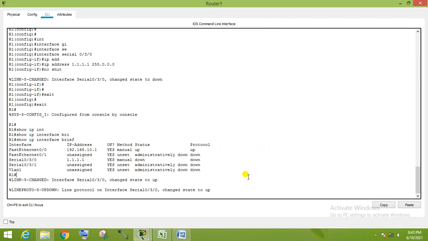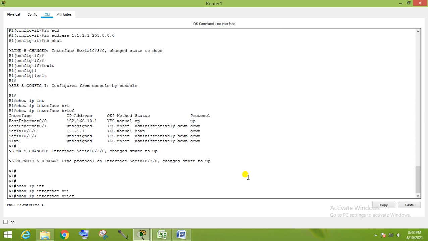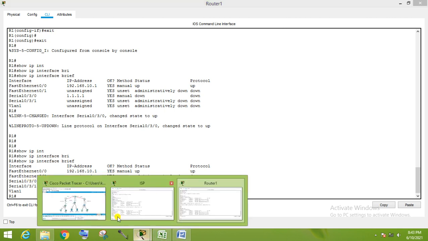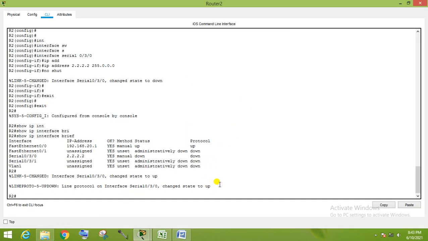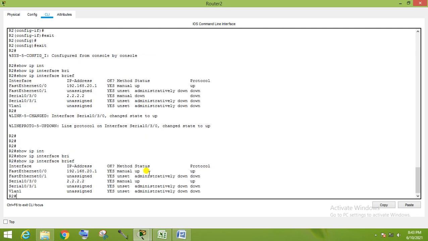First we have to check all interfaces should be up. Check the LAN interface, WAN interface, both are up, and check also router number 3. Yes, LAN interface, WAN interface, both are up.